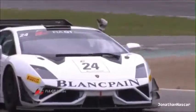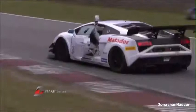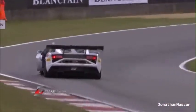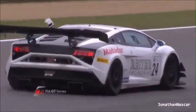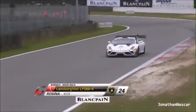As the cars now make their way back to the pit lane, you wouldn't want to get in a fight with Stefan Rosina in real life, I can assure you that. And it now seems you wouldn't want to get in a fight with him on the racetrack either, because he has defended absolutely brilliantly. Even when Vanthoor threw lunges at him, he